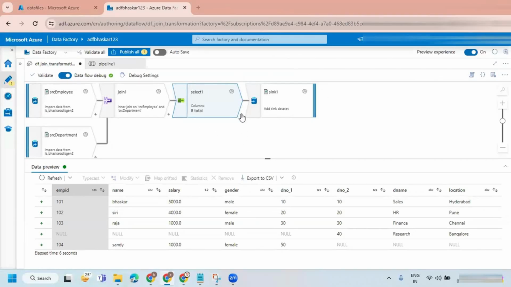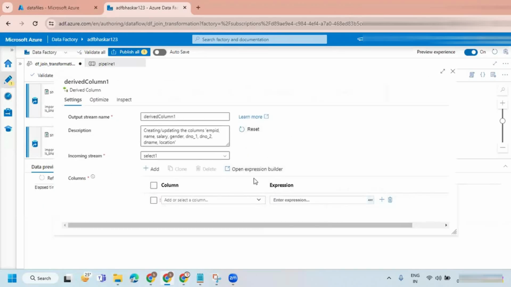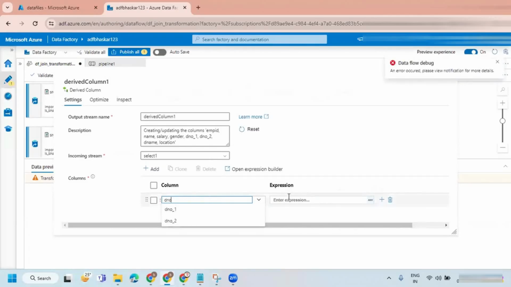Okay, so let's try. You need to respond to this even if it is wrong or right. We're all here to learn. Let me take a derived column transformation. I'm just taking the name of the column as D number. Let's go for the expression.